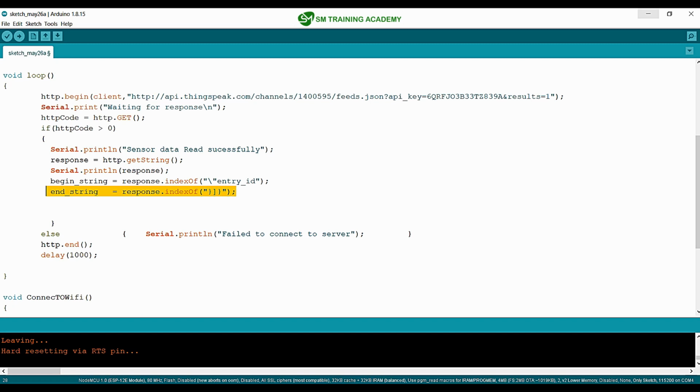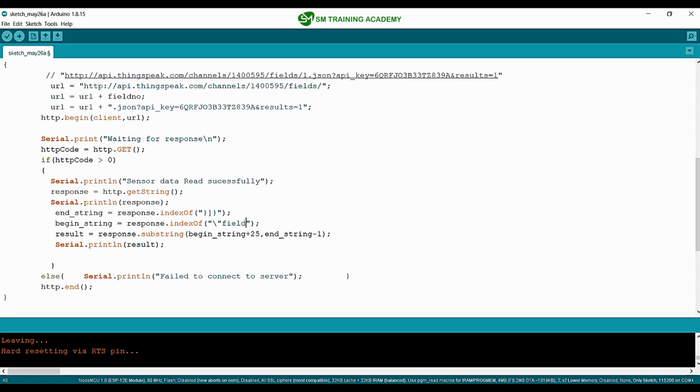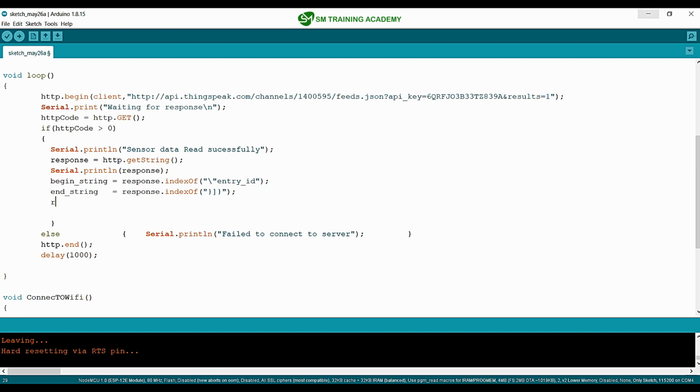So we got the end string and begin string, and the next step is to print the data available between begin string plus 26 index and end string minus 1 index. For that I'm going to use the variable result for storing the result data.